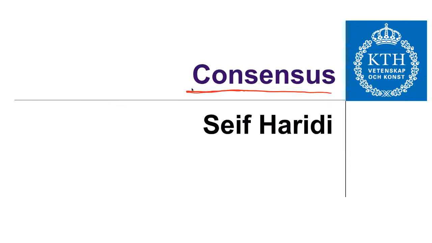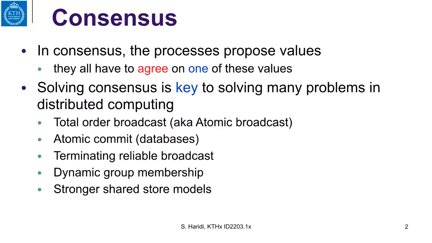We now turn our attention to the consensus problem, and in particular, single value consensus. In consensus, processes propose values, and they all have to agree on one of these values. That's why we are talking about single value consensus. Solving consensus in general, and not only a single value, but also consensus on sequences of values,